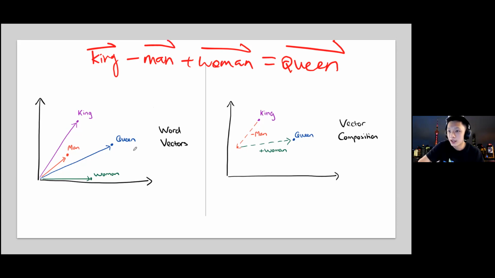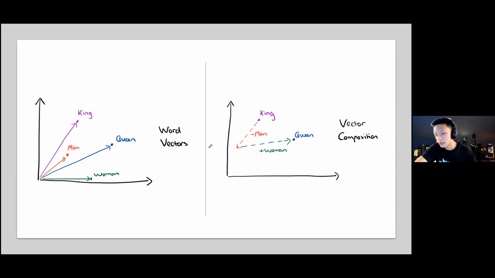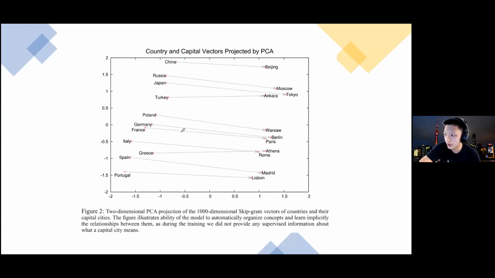So again, whatever the word thinks, are the abstract representation for king, and then you take the abstract representation for man and you subtract it out of the king vector, then you add the woman. Basically, you're switching the gender of this entity. You can get it to be queen, which again, I think is very cool. And this is one of the nice properties of word vectors. You can do nice math with them. And there are also a bunch of other different